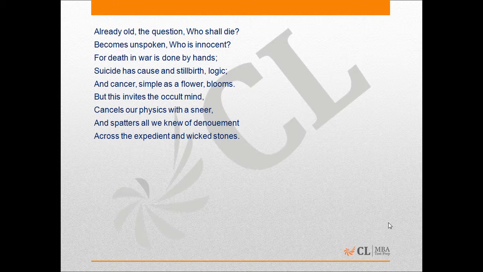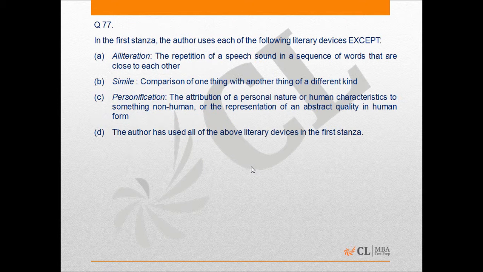From that kind of a vivid description, the poet moves to certain philosophical speculation towards the end, and is trying to find out logic from the scene of accident. Like, what's the logic behind such kind of death? He talks about that. So let's look at the questions. In the first stanza, the author uses each of the following literary devices except. Now the thing is that each literary device has been explained here, so the student doesn't need to be someone